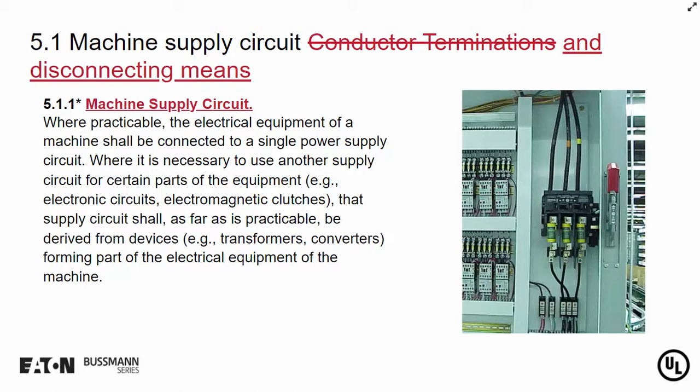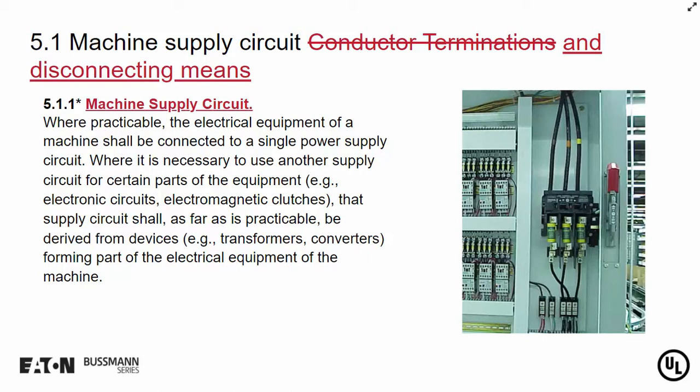So we revised the title from machine supply circuit conductor terminations to machine supply circuit and disconnecting means, to identify that we are also going to cover the requirements for the machine supply circuit disconnecting means in addition to the terminations. As part of the NFPA style manual, it's usually good to have titles for sections. So as you can see here in the first draft stage, we added the title Machine Supply Circuit to Section